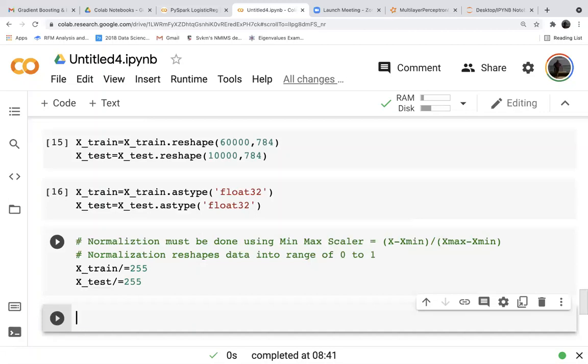Okay. Now let us convert our labels to categorical.